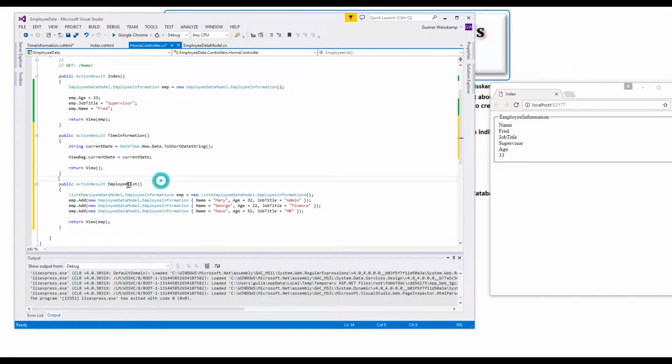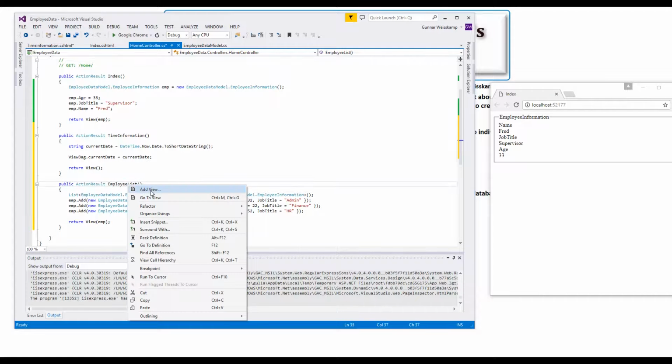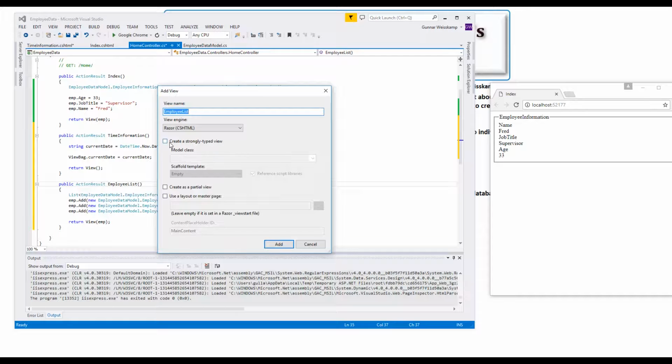Before we build, we might as well add a view for this one as well. So here on this one, we will again do a different action. We will be using an employee information model class because we want to show employee information, so we have to use that as the model. But this time it is going to change. We want to show a list of employees, like I mentioned, so we want to select this one. We're not going to create, we're going to show a list, because here we can see we've got a list of employees. So that should be straightforward. That's all set as it is. We click add,